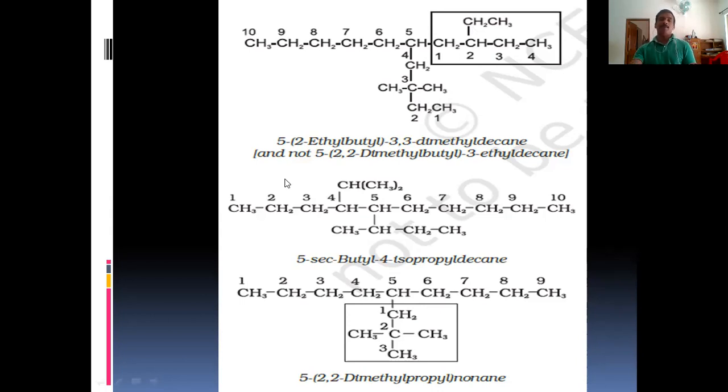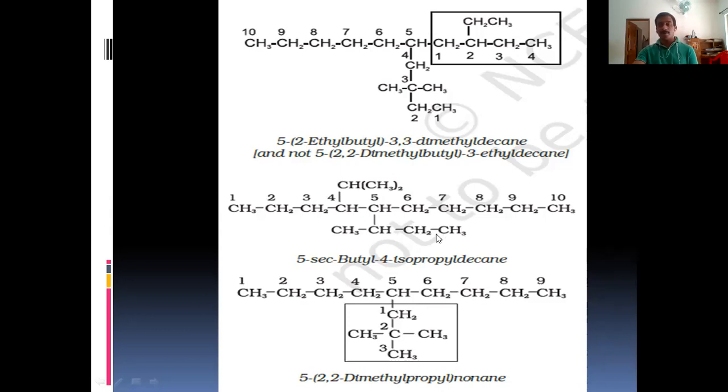Go to the next example. Here 2 substituents you can see here. Here CH3, CH, CH2, CH3. Here there are 3 carbon atoms and the middle carbon atom is joined to the root alkane or long chain. This group, in the classical concept, is known as isopropyl group. Or we can name it as 1-methyl ethyl. That is another name of this group.